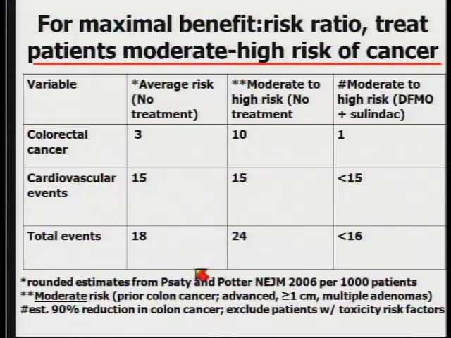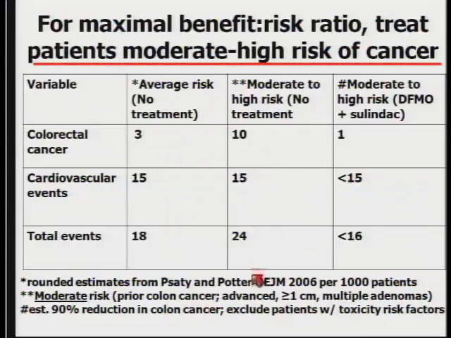Why is that? This is a little table that I copied from John Potter's analysis of the APC and PRECEPT studies for nonsteroidal anti-inflammatory drugs that were published several years ago. And it just makes the point for 1,000 patients, what's the risk of death due to colon cancer or cardiovascular events, the total events, the toxicities of agents that increase this by only 2%. It's small, so this is 15 out of 1,000. If you doubled this, even if you reduce this by a half, the total number of events is not going to be changed in a positive way in this kind of a population.